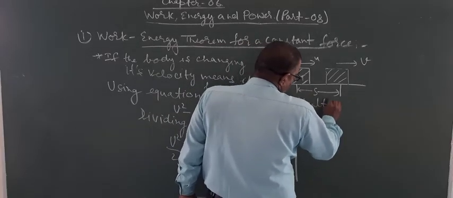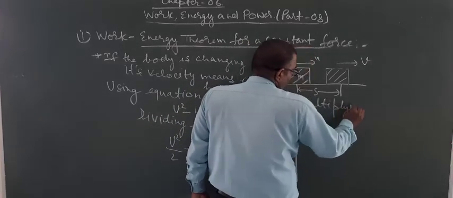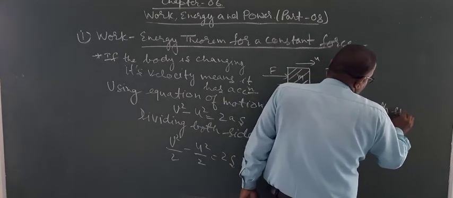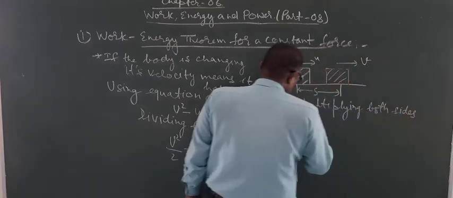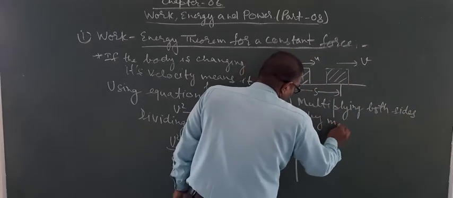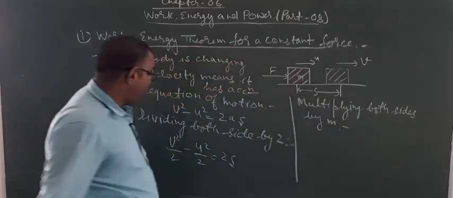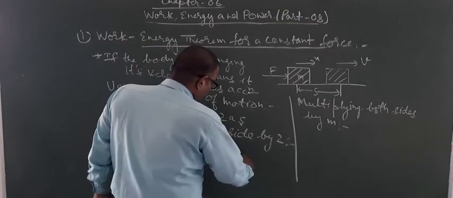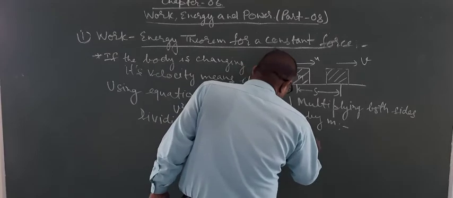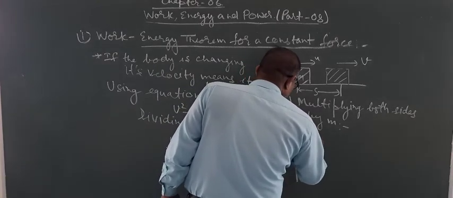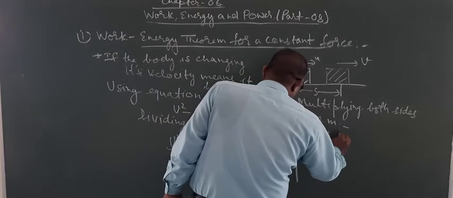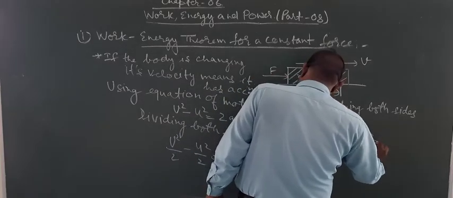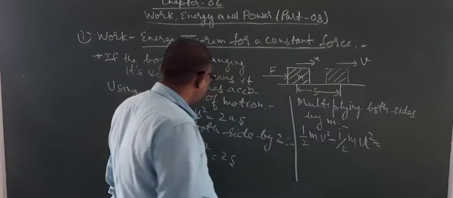Multiplying both sides by m. On multiplying both sides by m, this equation becomes 1 by 2 mv square minus 1 by 2 mu square is equal to